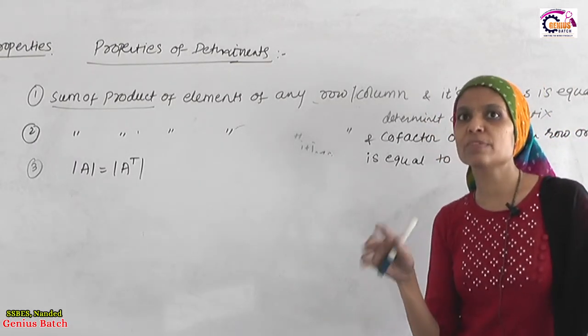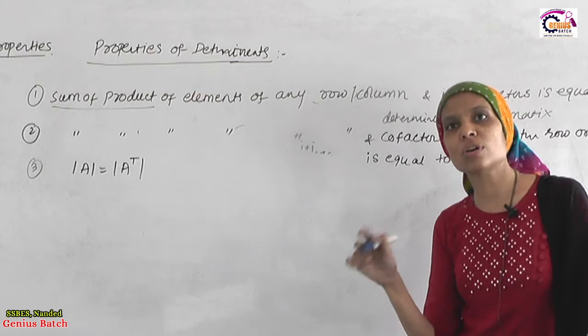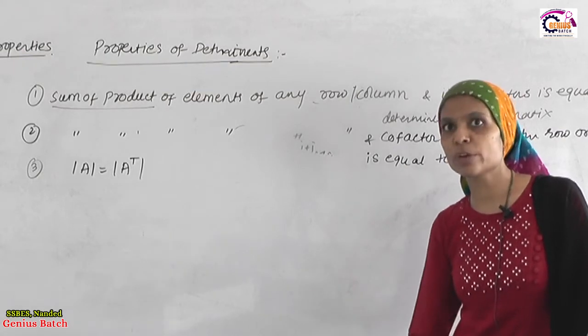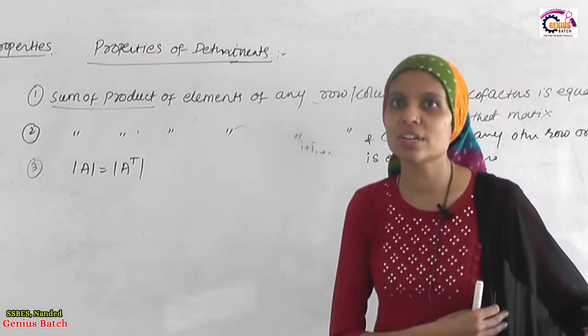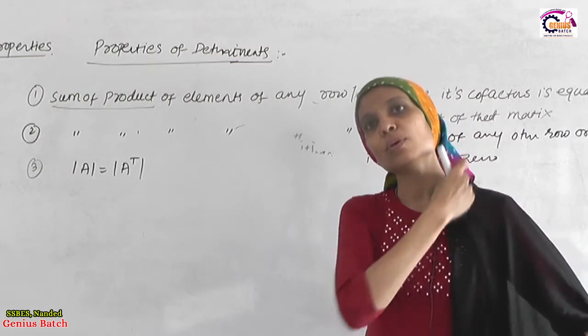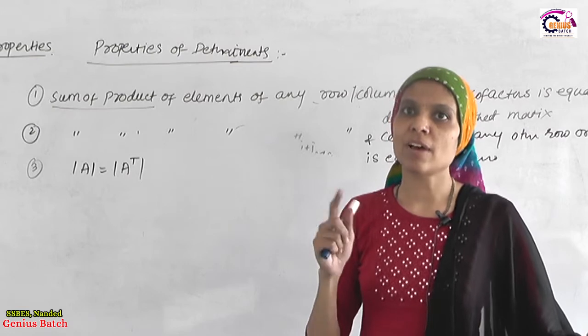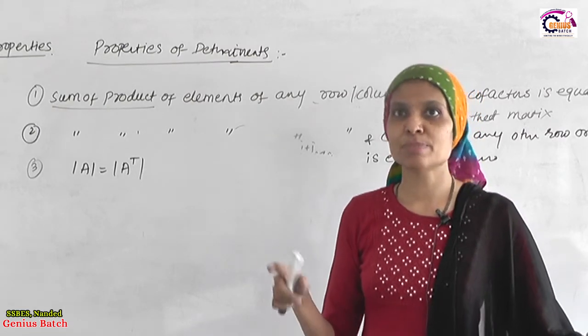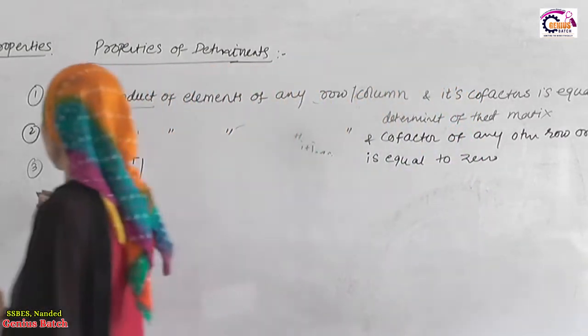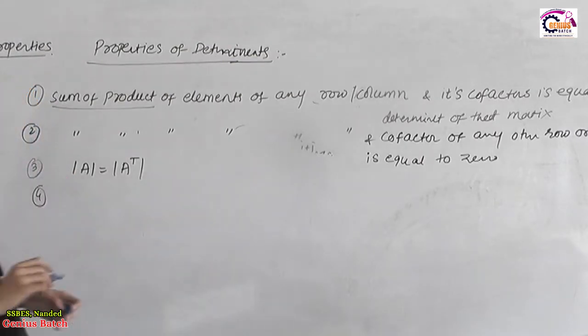If a square matrix is given whose order is greater than or equal to 2, and any two rows or columns are exchanged, the value of the determinant changes by sign. Means what I can write is the next property,